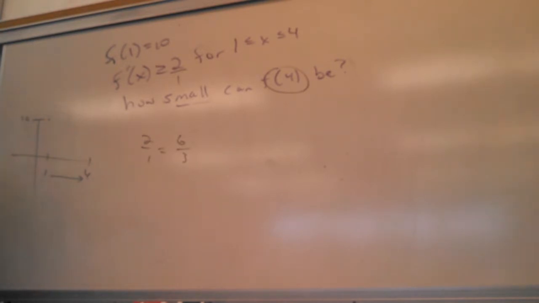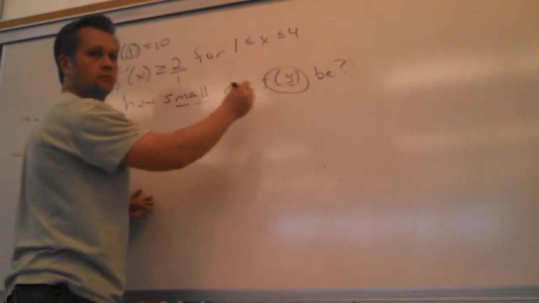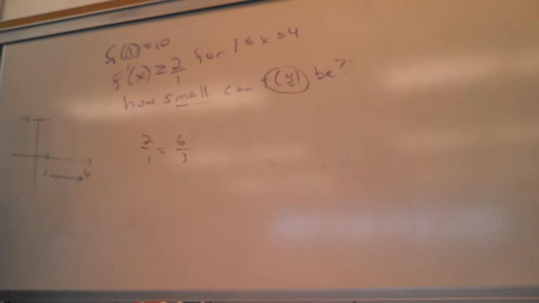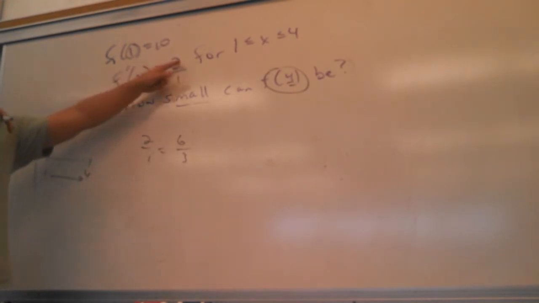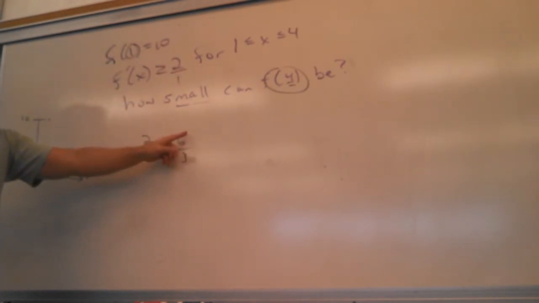Hopefully some of you guys are at least on board with what's happening. It's almost too easy to even really understand what just happened. All I did was algebra level work, really. Apply the slope to get from 1 to 4. You just move up and over, up and over, up and over 3 times. That's all we did. Wait, why 3 times again? Because where did I start? 1. And where do I end up? 4. So I'm just taking 3 steps. Cool. So slope is all about this much change in the y for this much change in the x. So if I want to change the x by 3, I have to change the y by, in this case,